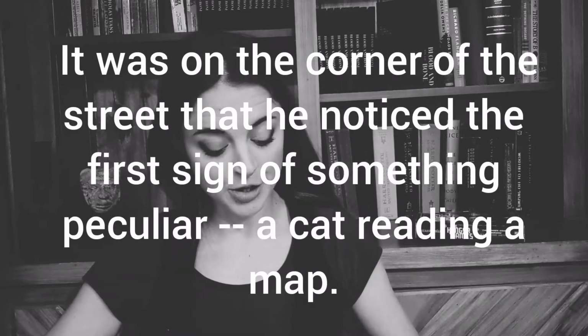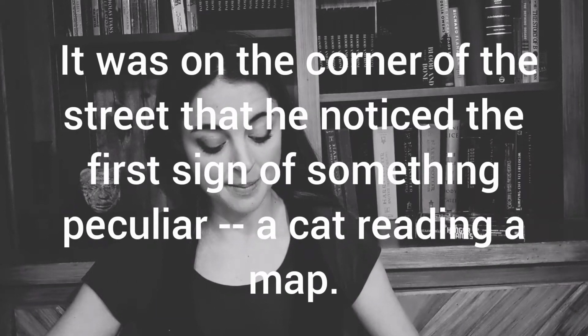It was on the corner of the street that he noticed the first sign of something peculiar: a cat reading a map. So that scene has Mr. Dursley unaware of the owl acting strange, but he does notice a cat reading a map, which is a fairly fantastical thing in itself. There's also this line: